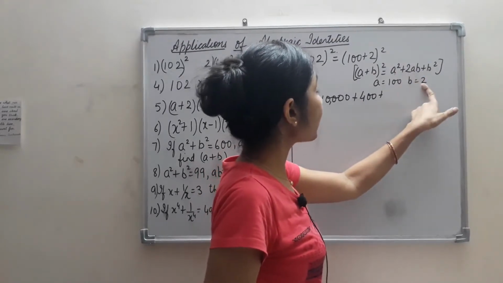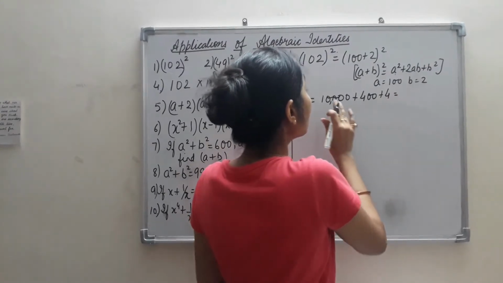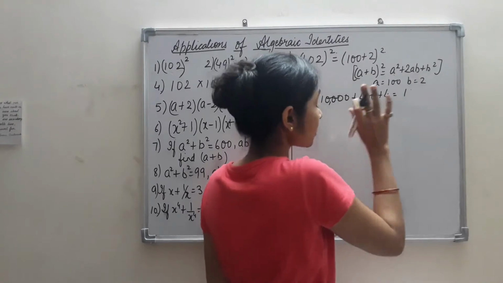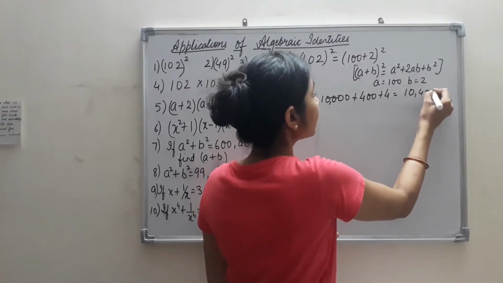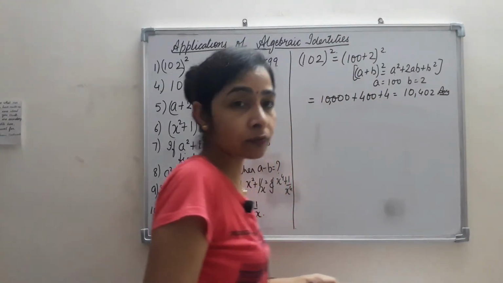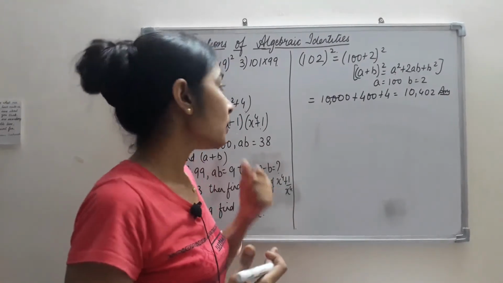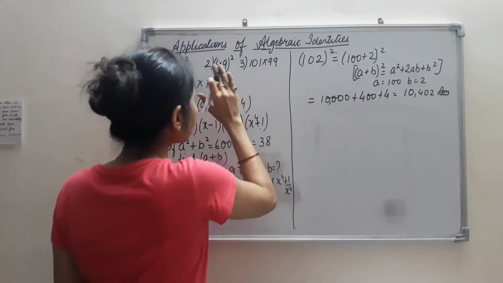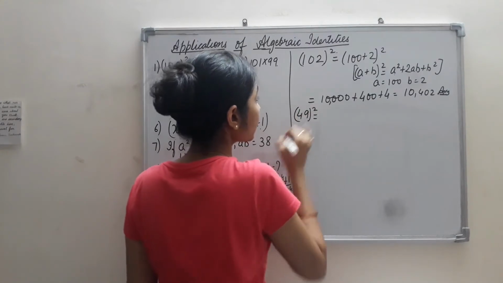In place of b we have 2, so the square of 2 is 4. So it is equal to 10,000 plus 400 plus 4, which gives 10,402. That is our answer. So instead of multiplying two big numbers, we can just use an identity and solve it very easily without doing actual multiplication. Similarly, the second question is the square of 49, that is equal to,